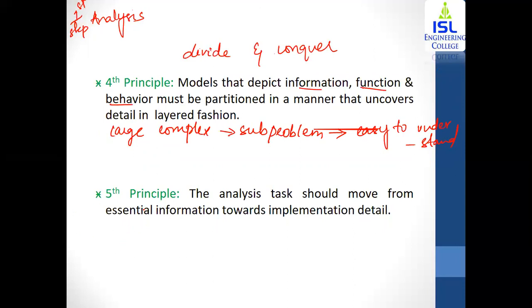Then going on to the next principle, the fifth principle: the analysis task should move from essential information towards the implementation details. Suppose you're designing a particular game, a two-player game. Each player can assist the other player to fulfill a particular task. That is the main goal. That is, the player can assist the co-player